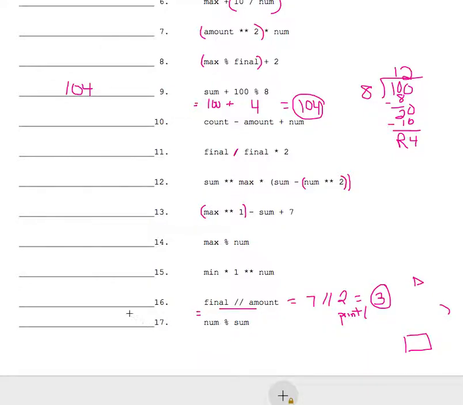It does not round up to 4 either. Don't change it to 4. The answer is 3. It's just the way it is, and sometimes we want to use the //. It's called integer division, and I'll read about it more in the notes. Okay, the last thing I'll say is that number